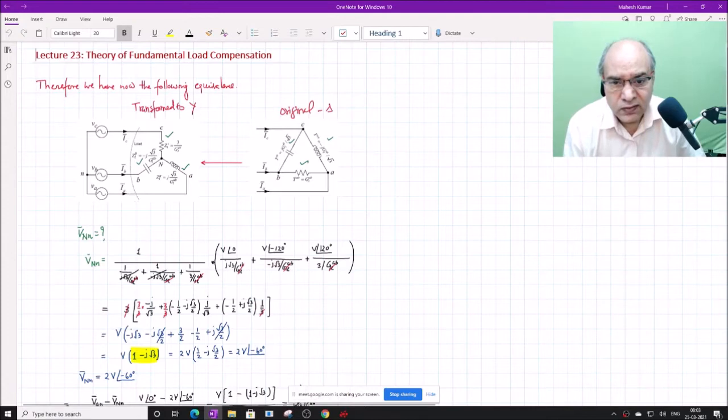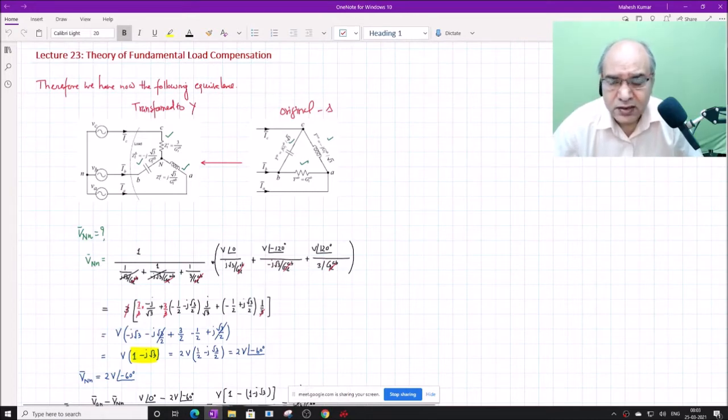we found that the equivalent original delta is in this figure here, on the right hand side, and then we converted it into the star to solve for the currents by using the formula for delta to star transformation. Then we found that this is the equivalent delta. So I was asking a question whether this system is balanced.